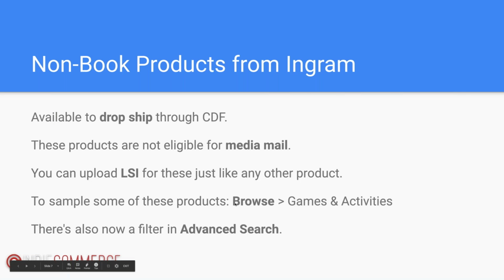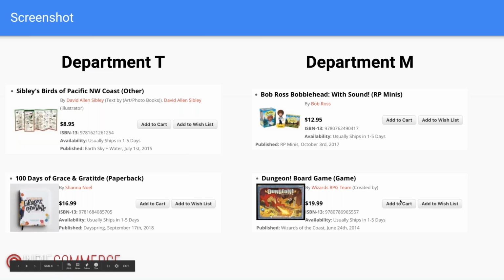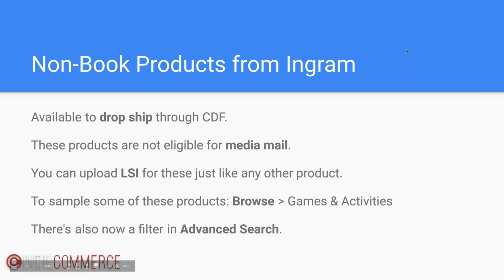Yeah, Mindy, I had also mentioned in the other webinars, browse is the simplest one, or since it's an IndieCommerce site, you can create views and then filter by Ingram M or Ingram category T. That should be possible. But there's nothing out of the box. You'll have to create those. That's an interesting idea, though. I know we're doing those genre Indie Next lists. Maybe we could do a non-book Indie Next list. We'll have to suggest that.